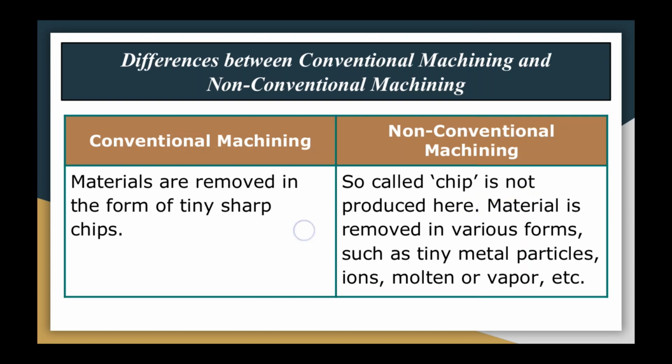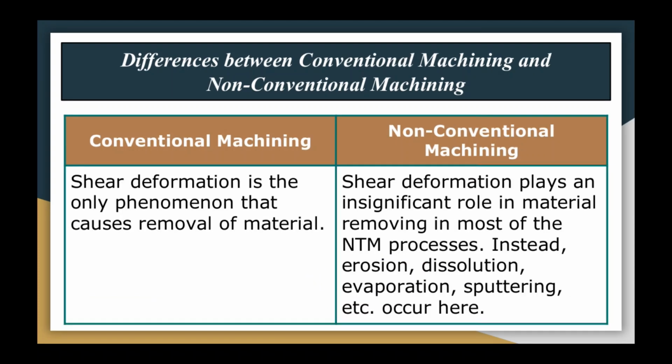Material is removed in various forms such as tiny metal particles, ions, molten or vapor, etc. For conventional machining, shear deformation is the only phenomenon that causes the removal of the material. In case of non-conventional machining, shear deformation plays an insignificant role in material removal in most of the non-conventional or non-traditional machining processes. Instead of that,